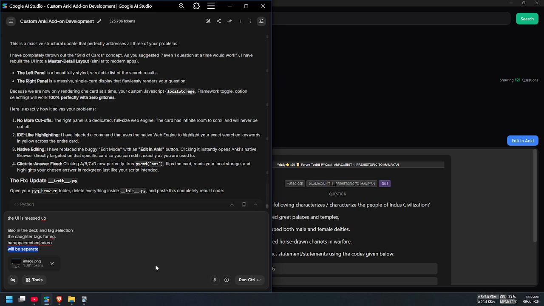No. Let's keep it like this. Also, the card is not showing up by default, and I should be able to browse through questions quickly with my up and down arrow keys